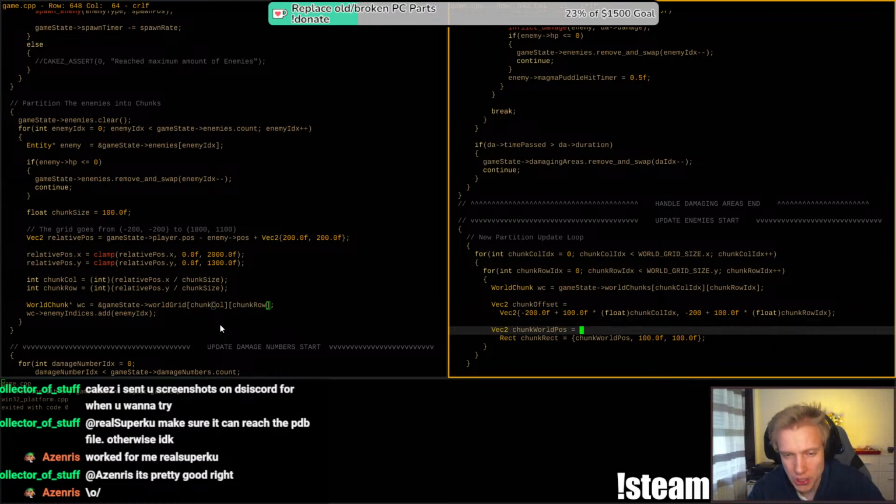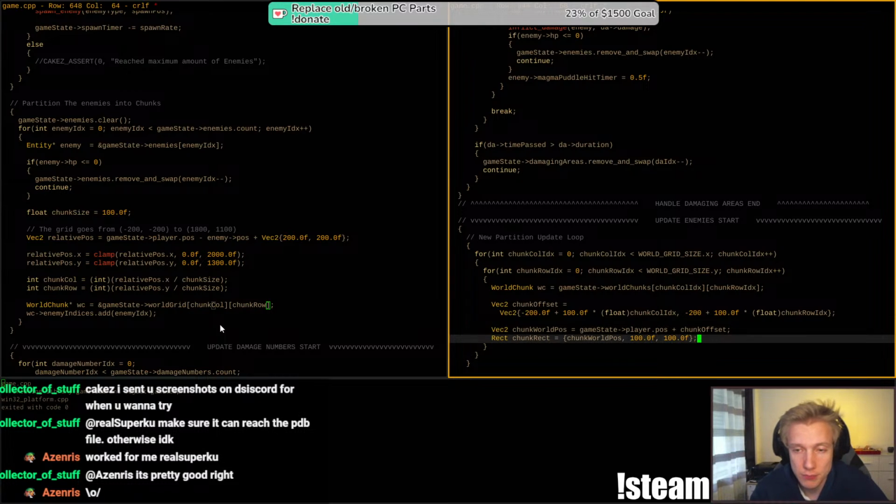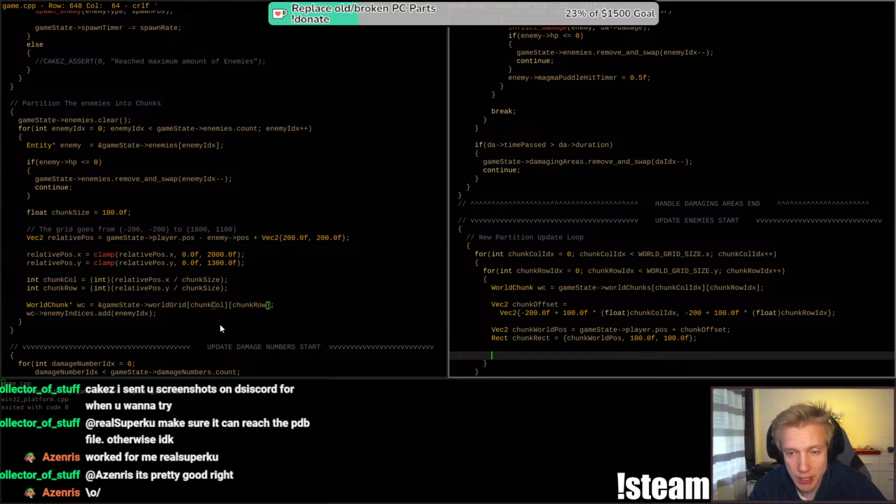So that's the offset, and then the chunk world position is the game state player position, player.position plus the chunk offset. Now that is the world position, and then we have the rectangle of the chunk. And then now we get the... We need another for loop. Enemy EDX